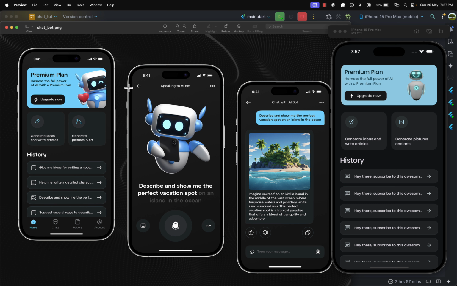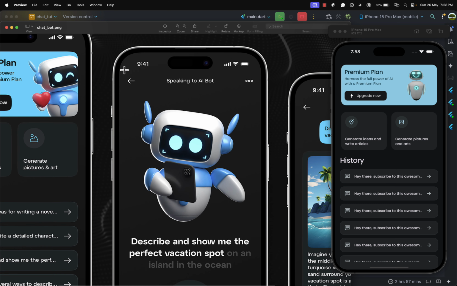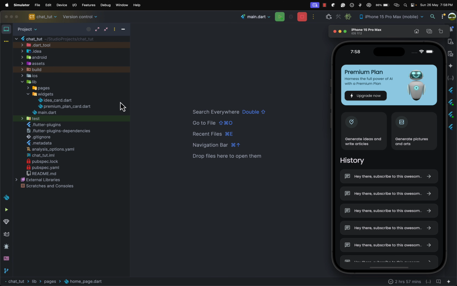So what we want to do is, when we look at this page, because we have this back button over here, I'm assuming that we navigated from a certain page. So I'm going to add a click handler to this card, so that when we tap on any of these cards, it brings us to this speaking to AI bot page. So let's quickly do that, and in order to do that, we first have to go to where we